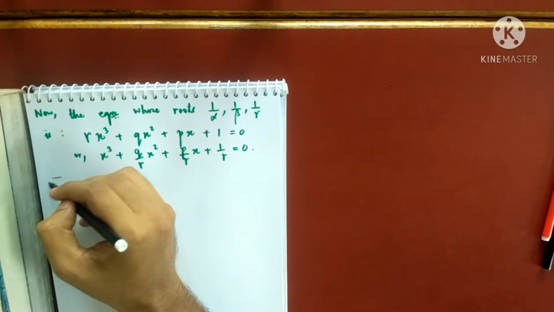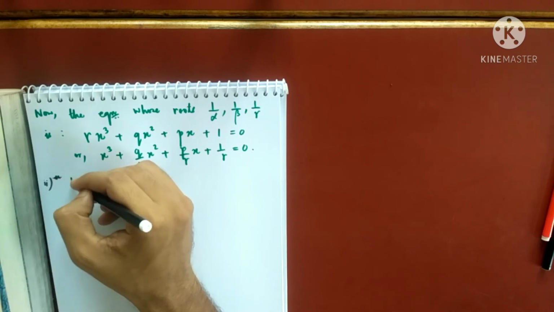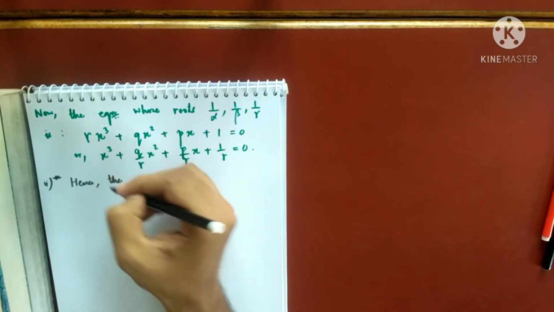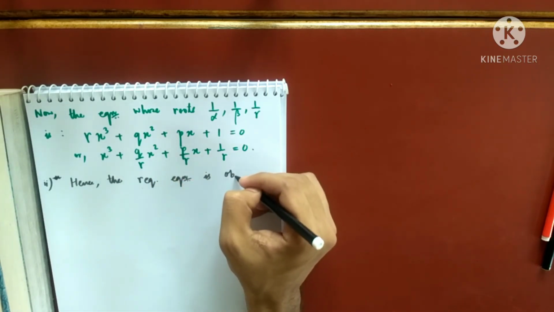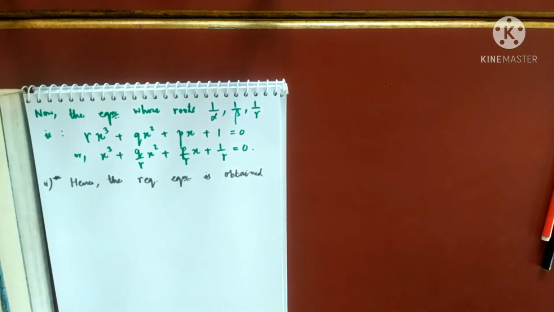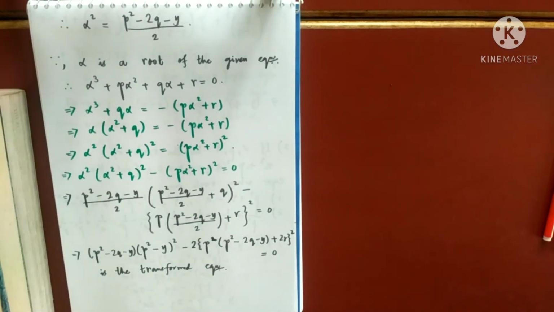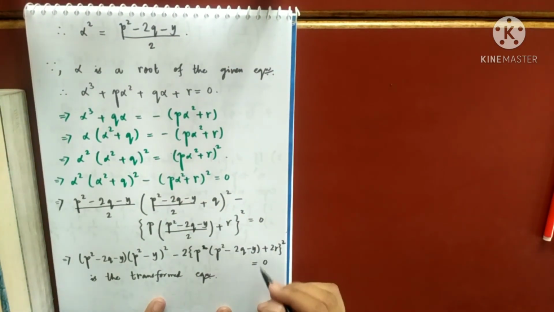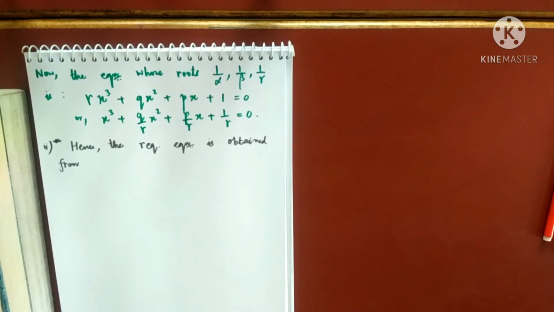So for number 2, what I will write, hence the required equation is obtained from star. What is star? This equation I'm calling star because I know this is the answer to number 1. The transform equation is obtained from star